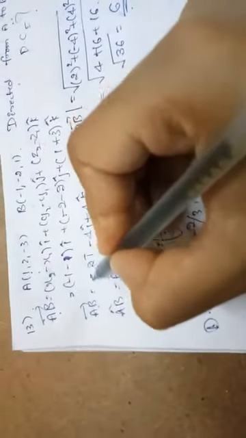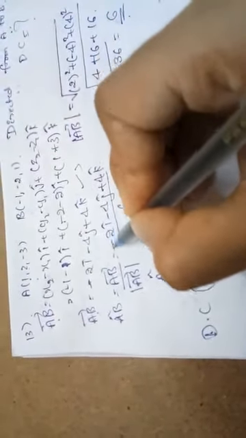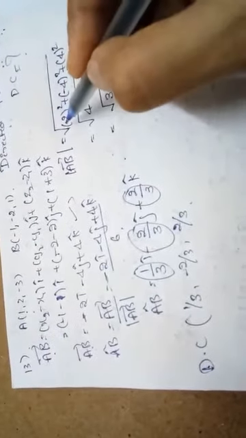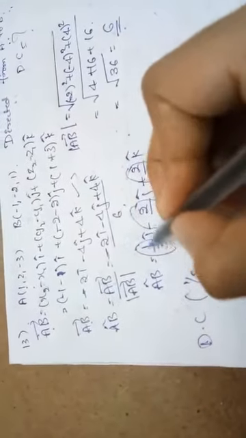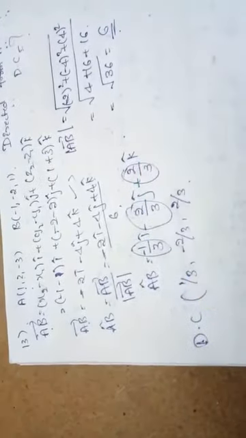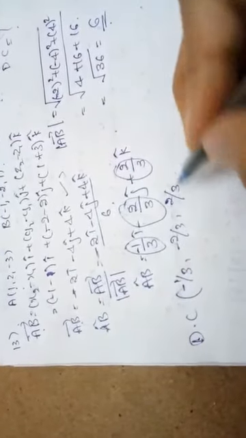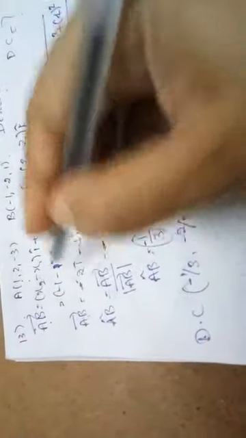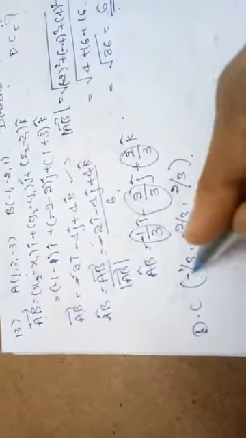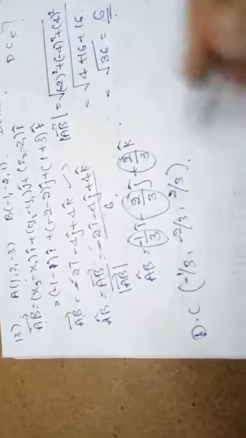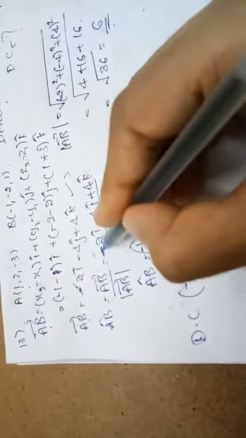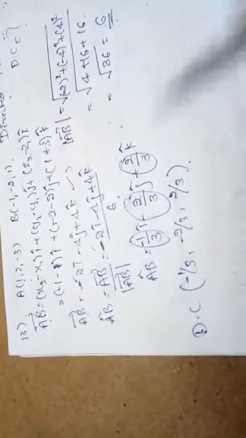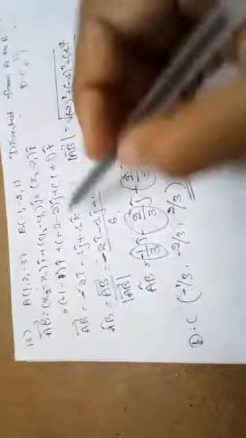So here it is minus. See, I didn't mention the minus here. Minus 2 whole squared is 4 itself, but when it comes here, the difference is going to happen. So it is minus 1 by root 3, minus 2 by 3 and 2 by 3. So these are the minor things. See, I have left this minus. If you don't mention the minus here, then it is wrong. So be careful while looking into the sign notation also. So this is the direction cosine of a vector directed from A to B.